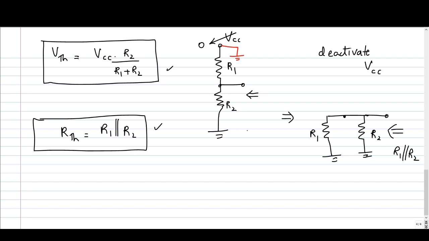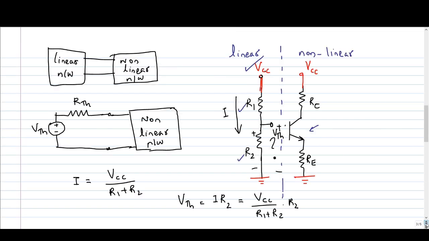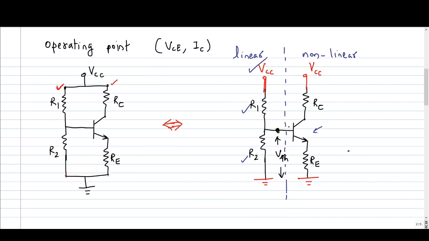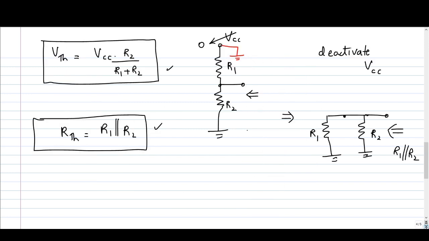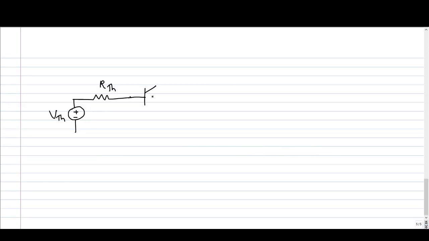Now we can analyze the circuit by applying KVL on the input side. So on the input side, now we have VTH in series with RTH. Now this is connected to what? If you look at the circuit, you can see this will be connected to the base of the transistor. So our equivalent circuit will be connected in series with the base of the transistor. And the emitter terminal is grounded through RE.